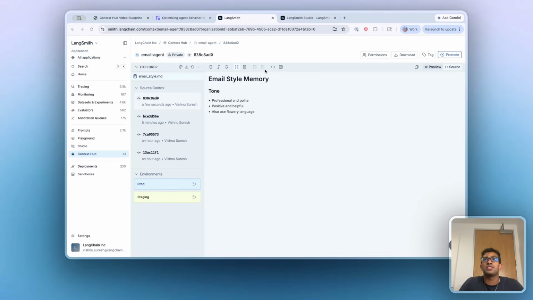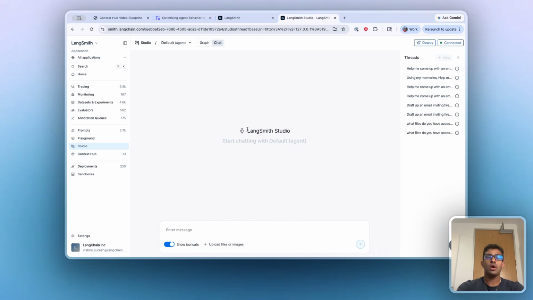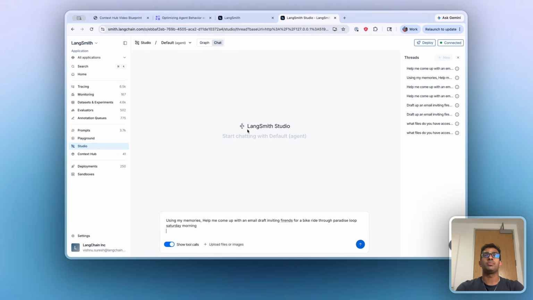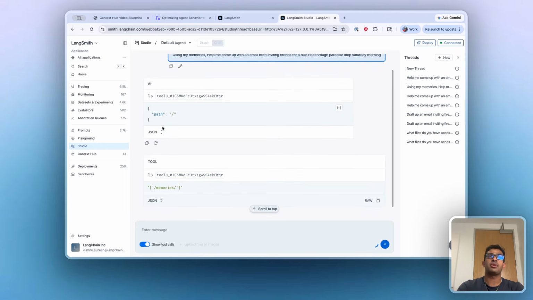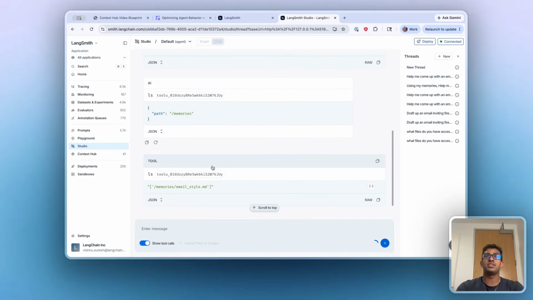Now, as I mentioned previously, we kept this email style memory very basic. And the goal is we want our agent to learn from our interactions and basically curate this memory to our style over time. So let's jump back to our agent and see where it's at right now. Now let's draft up an email inviting some friends over for a bike ride this weekend through Paradise Loop. We should see the agent start to read its memories and use that to inform its decision when